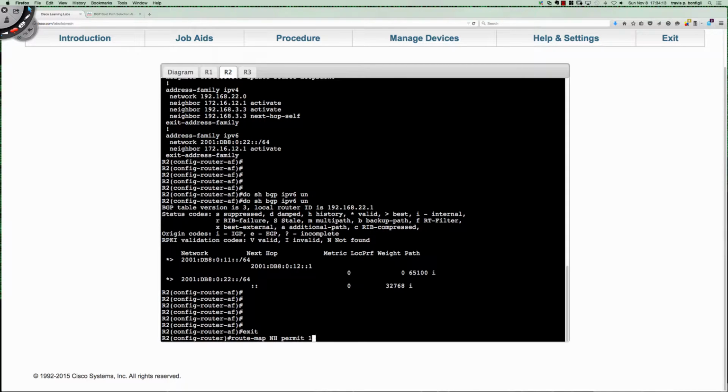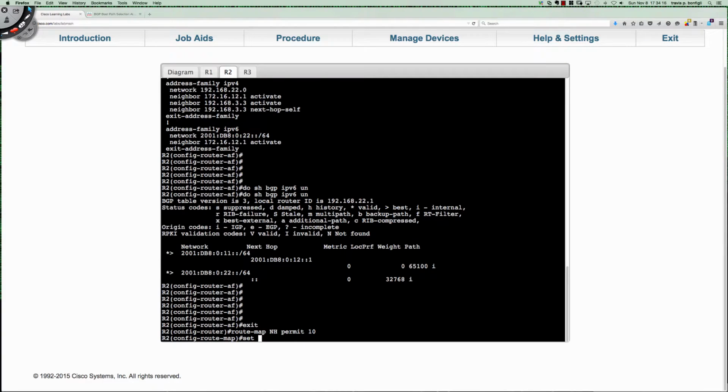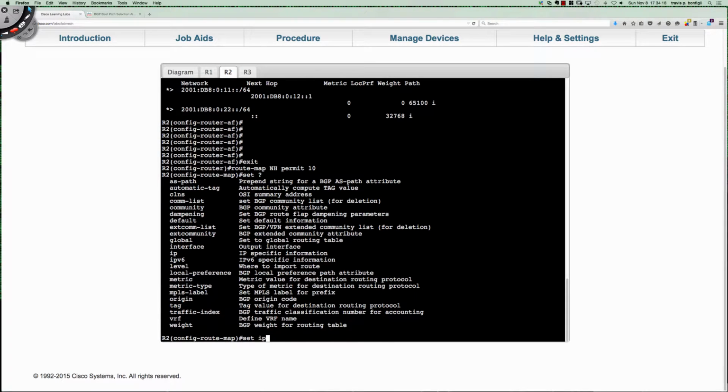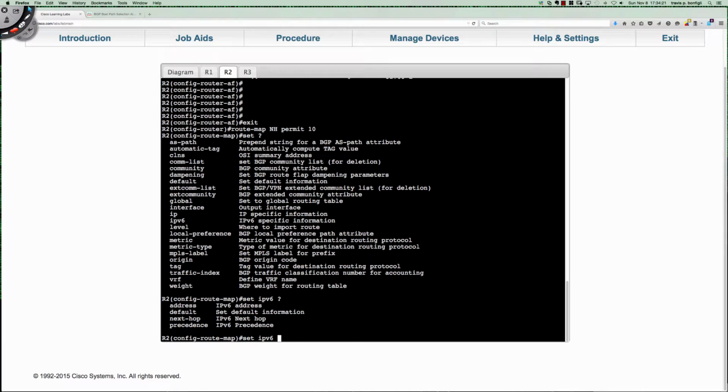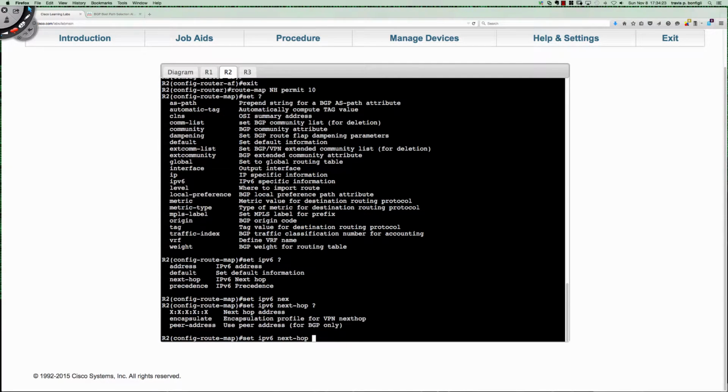Route map next hop permit 10, and what do we want to do? I want to set the IPv6 next hop. And what do we want to set it to? So when I'm router 2, advertising IPv6 prefixes over IPv4, what next hop address do I want my peers to see for my IPv6 prefixes? Well, since it's going to be router 1 specifically, we're going to set it to